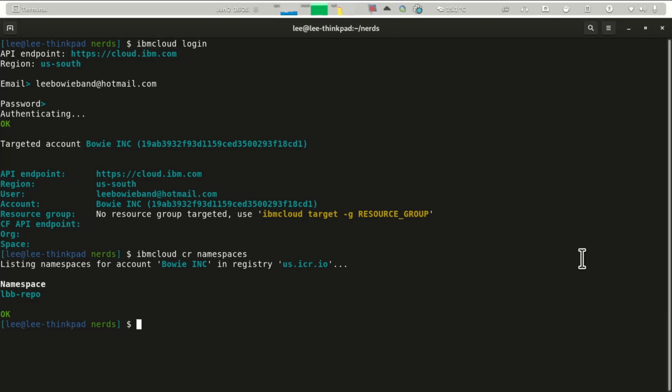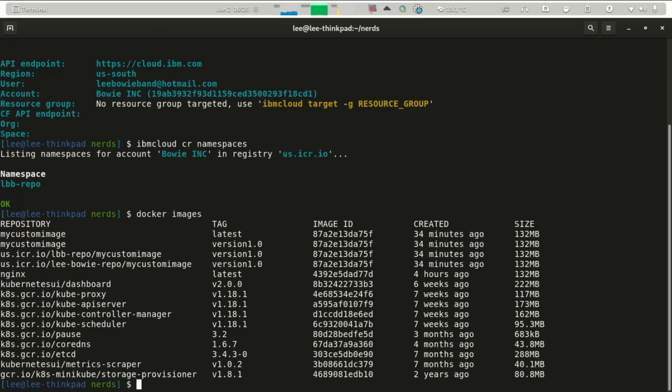So what we want to do is take a look at our images that we have in Minikube right now. And we can see we've got a bunch of images here. I've also tagged one with this. So you'll see there, that's there, and this is there. So what this is, I'll just tag it again just so you guys can see what that looks like. So it's just a Docker tag, and then you specify the image you want to tag. So we do my custom image,